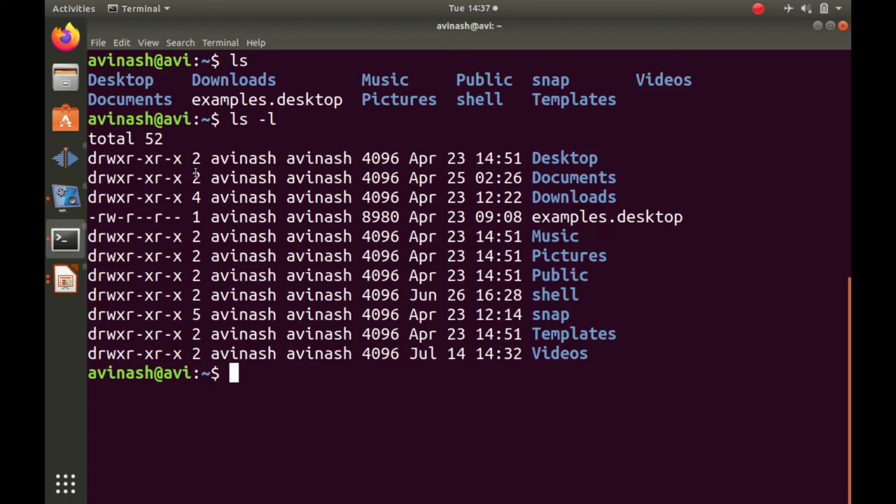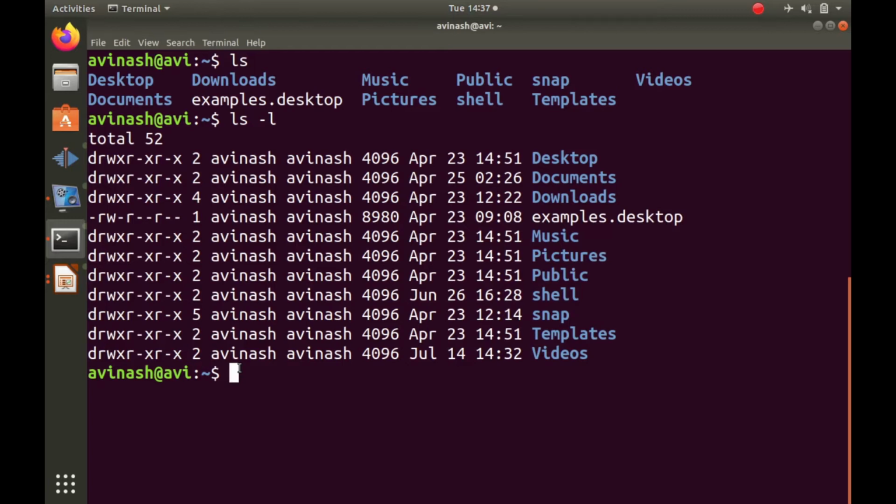Okay, then the number of links is shown here for the file or directory. Then the user who created the file, the group, the size, then the date and time of creation, and finally the name of the file or folder. So the ls -l command displays the long list of the files. Whenever you get an access denied kind of error while executing in the shell environment, you can check the ls -l command and the permissions associated with the file, and then make corrections depending on what permissions are associated.